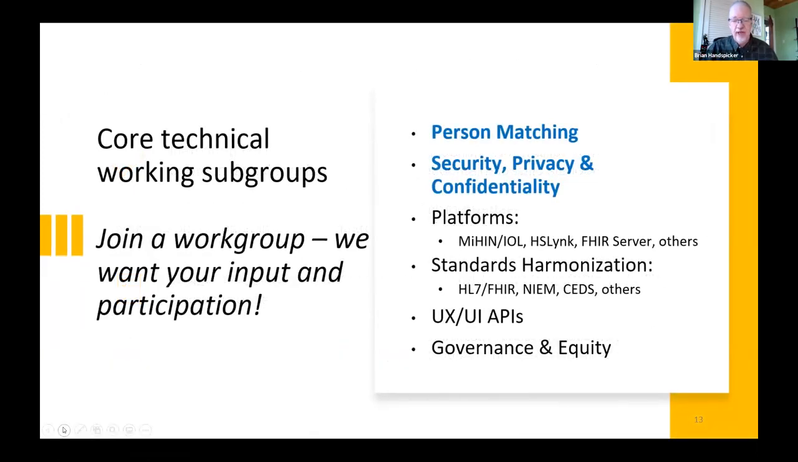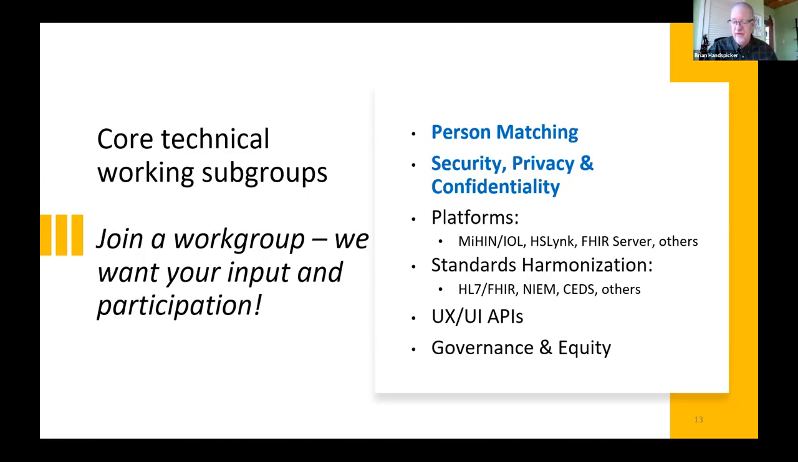So we have specific core technical working groups on this, such as person matching, a security working group, privacy and confidentiality working groups. We have folks that are working on standing up FHIR servers and a common human services platform. We're working with the Michigan Health Information Network and their interoperability lab as a testing environment, and gaining their invaluable help in understanding some interoperability issues that they've already addressed within their testing environment, and are working at standards harmonization